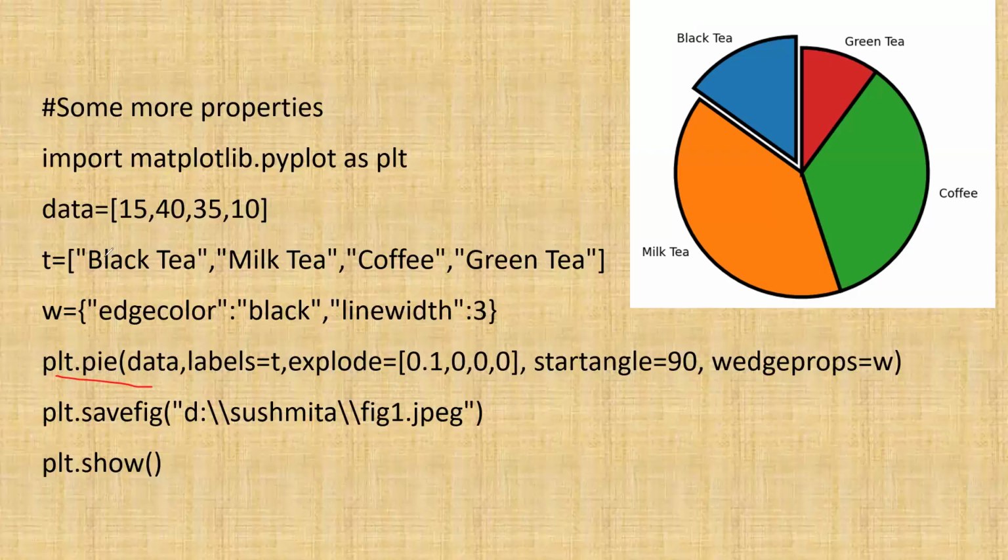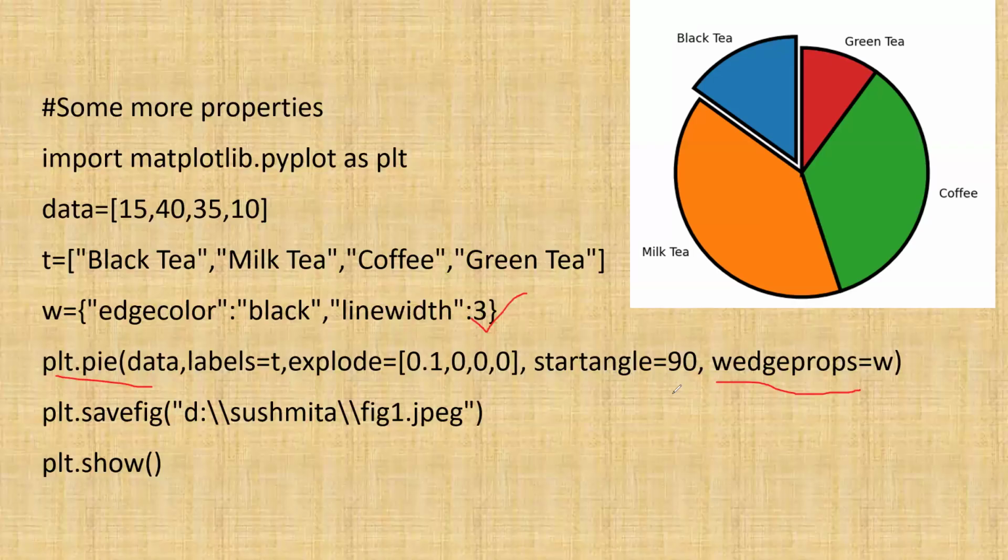एंड आई स्टोर्ड इट। नाउ हियर आई एम गोइंग टू यूज इट विद द parameter wedge props. Okay, now my own interpretation of this parameter name is wedges are like एक एक स्लाइस और हर वेज की प्रॉपर्टी। दैट्स माय इंटरप्रिटेशन, आई एम नॉट श्योर वेदर आई एम करेक्ट और नॉट। सो हर उस वेज की प्रॉपर्टी, ठीक है। सो इस वेज प्रॉप्स नाम से जो पैरामीटर है टू द पाई फंक्शन, टू दैट आई हैव टू प्रोवाइड दिस पर्टिकुलर डेटा, ये वाला। सो आई एम असाइनिंग दैट वेरिएबल हियर, राइट।